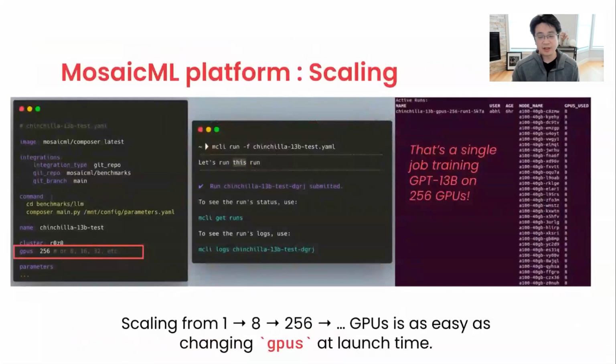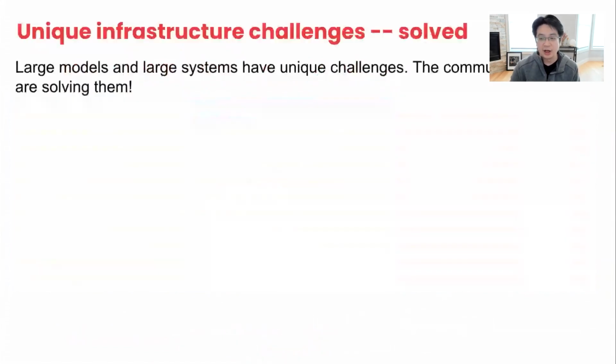And so for us, scaling is as easy as just providing the number of GPUs that you want. Under the hood, we have built a lot of sophisticated orchestration and scheduling to make sure that these nodes are provisioned properly, that they're all talking to each other, and that there aren't any hardware issues between them right before you deploy. This makes it really easy to scale up with the same exact configuration and start kicking off some of these large models.